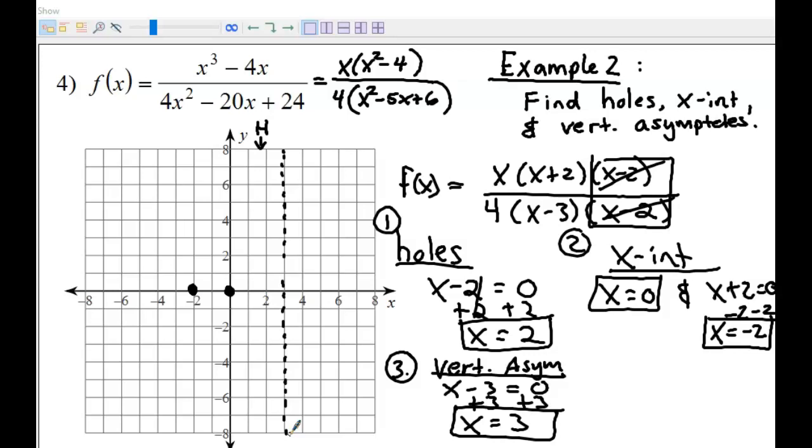So once again, first step, factor it. Step 2, the one that cancels on the top and bottom, that's a hole. To find your x-intercepts, set the factors on the top equal to 0 and solve, and to find your vertical asymptote, set the bottom factors equal to 0 and solve. Now I'm going to go ahead and show you the graph,